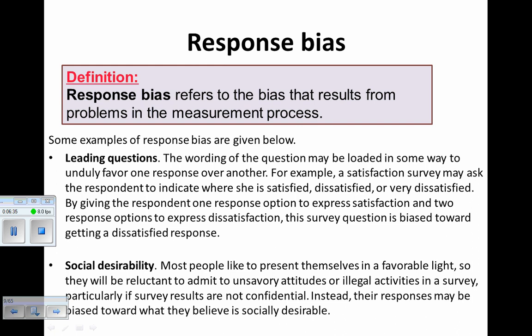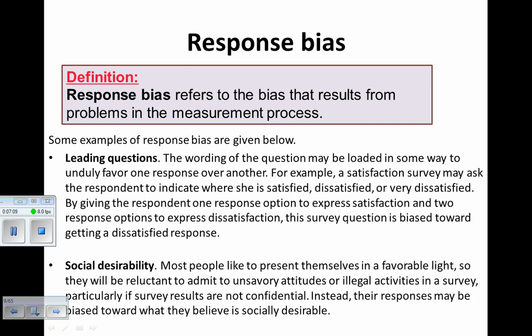Response bias. So response bias could be like, let's say that I say, how good of a teacher is Mr. Rose, and I stand over your shoulder while you complete the survey. Well, you're probably going to give me better scores than what you might have, but who knows, you may have given me the same ones. So, of course, you all marked great. But response bias, basically you're putting down what you think people will want, like social desirability. Or if it says, do you do drugs? And it's at a school survey, you're going to be like, no, I don't do drugs, because you don't want